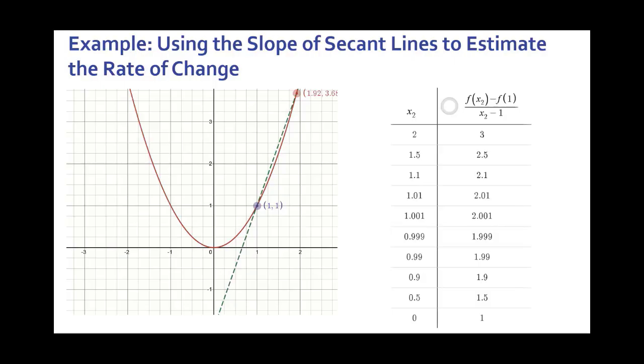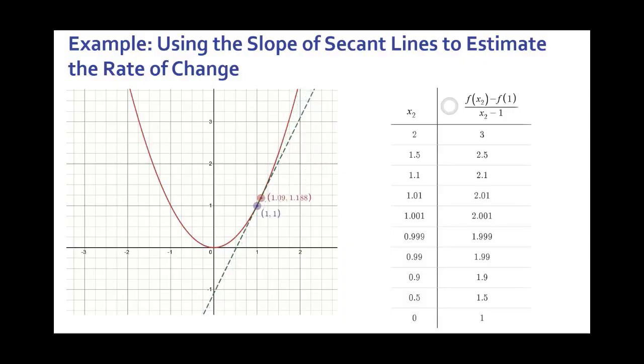So let's first look at what happens here. Here I have the graph of y equals x squared, and then I have a secant line drawn in green that goes through the point (1, 1), so when the x value is 1 on the actual parabola, and then I have another point on the parabola. Now, obviously right now we don't have a tangent line, but what we can do is look at what happens as our x value for this red dot is getting closer and closer